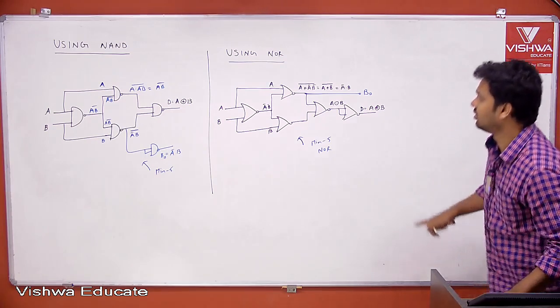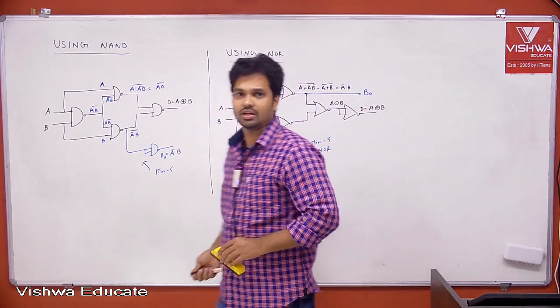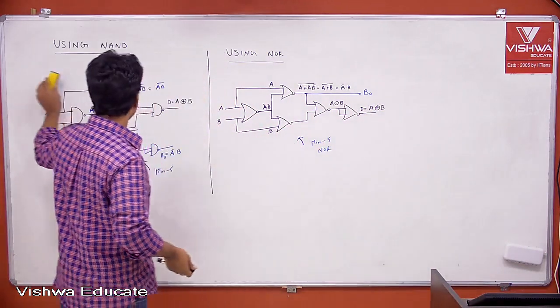That is about your half subtractor circuit using NAND gates and NOR gates. Similar to this,